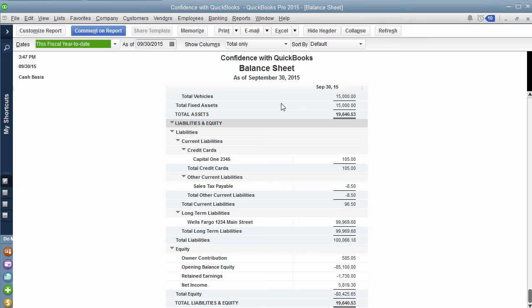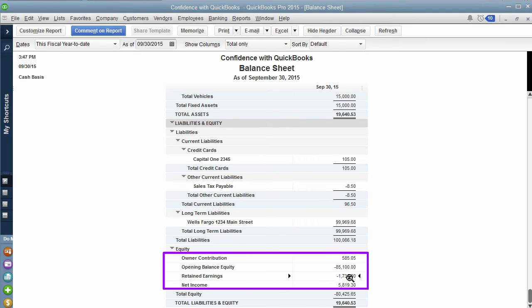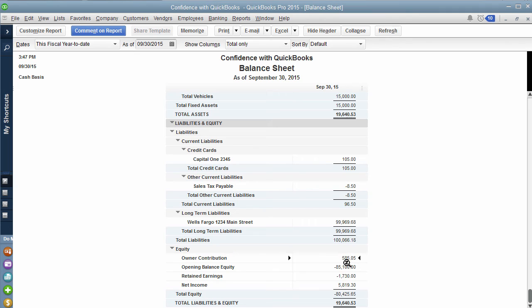And then what are the retained earnings? Retained earnings, which are down here. So you have your equity and you have your net income. Your owner's equity is money you've put in as a business owner. You contributed to the business. Your retained earnings are any earnings that you've had from any previous years. And net income is anything in the current year.